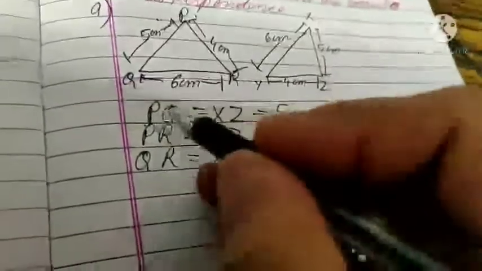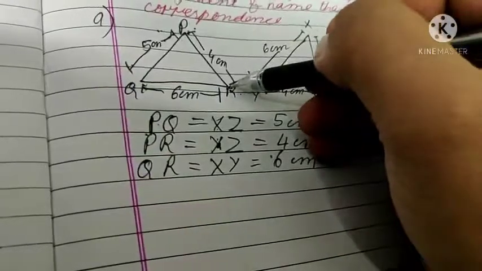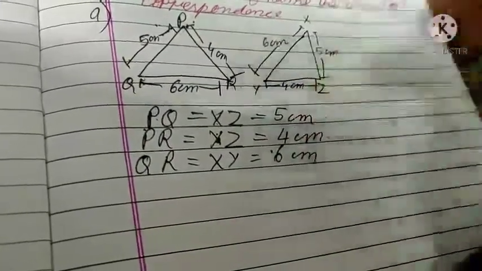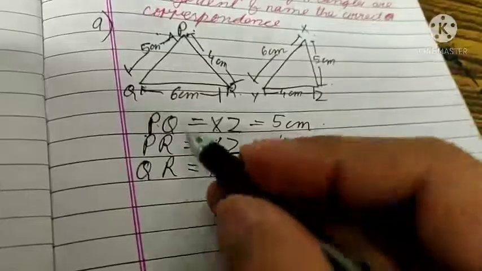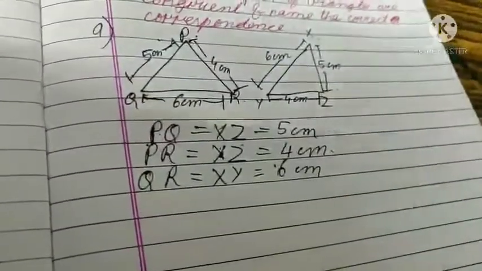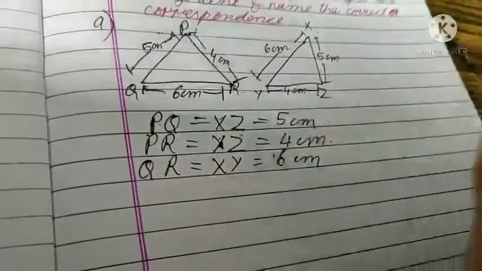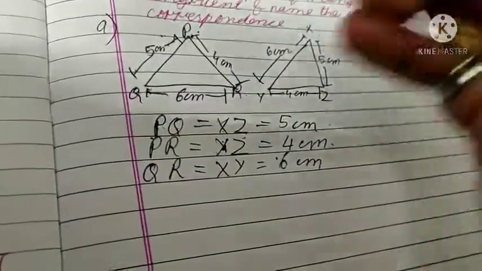Okay, if PQ is equal to XZ, that is the side opposite to it, a single point. We are getting a single point in PQ. We can write QP also equals XZ. Both mean the same, PQ or QP, this side only, that is 5 centimeters. So we have to take which point first.